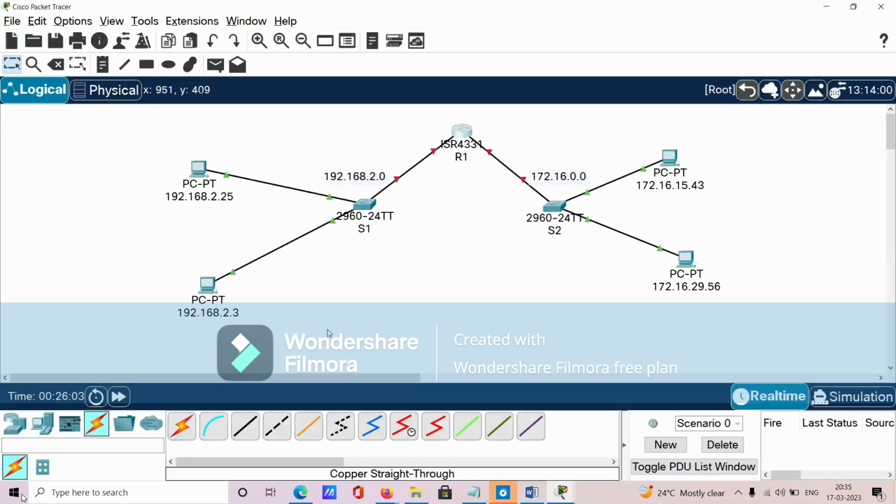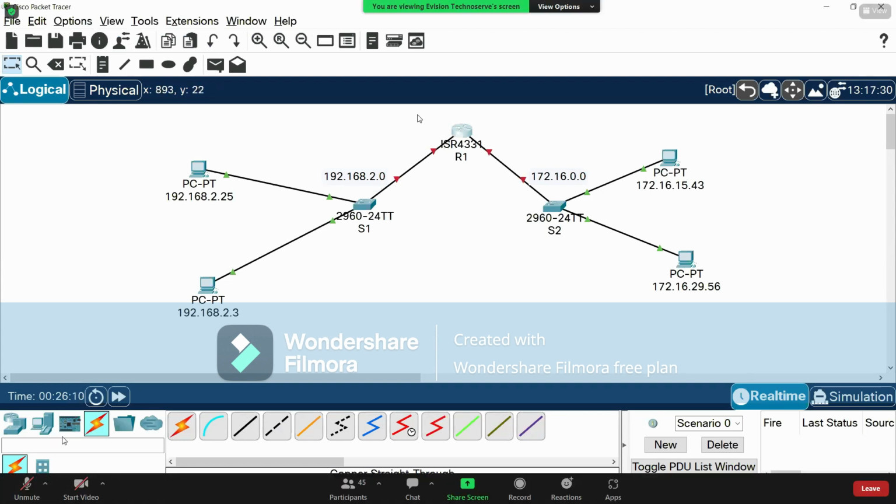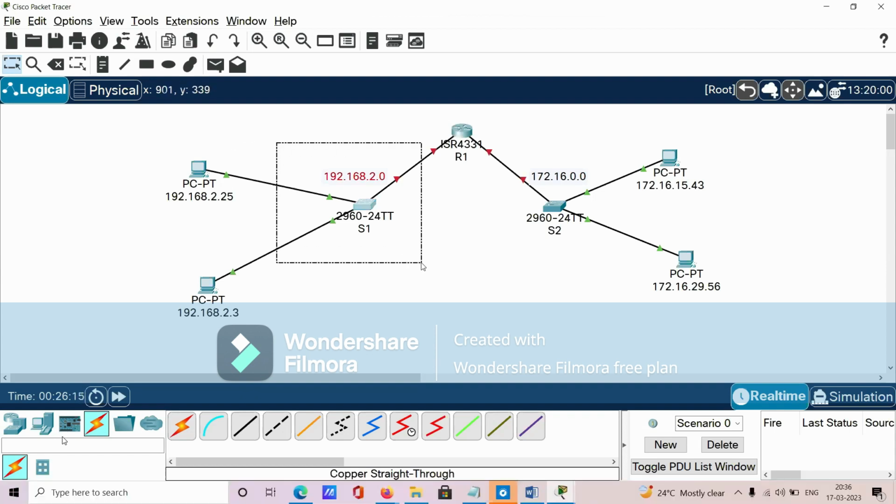What is the second feature of a router? The second feature of a router is its interfaces. As switch has multiple interfaces, certainly router also has multiple interfaces. Router के पास भी अलग अलग interfaces हैं, लेकिन इसका जो interface है वो थोड़ा अलग है, ठीक है? इसके एक इंटरफेस में एक नेटवर्क है और दूसरे इंटरफेस में दूसरा नेटवर्क है, फाइन।